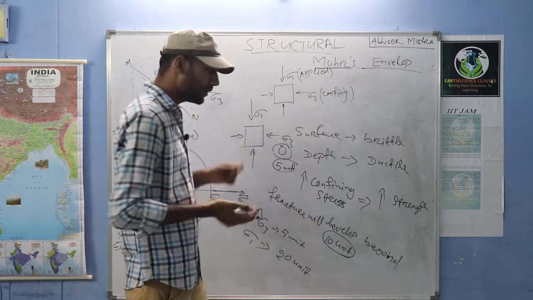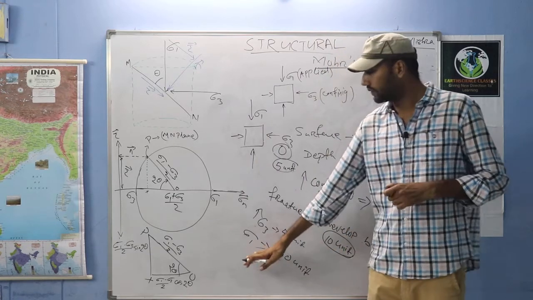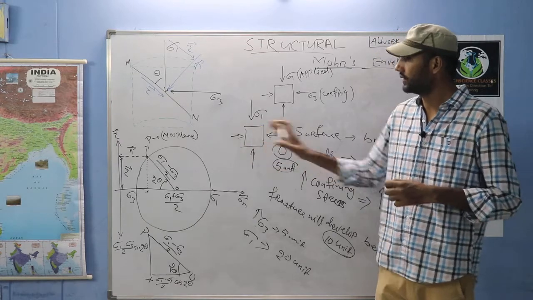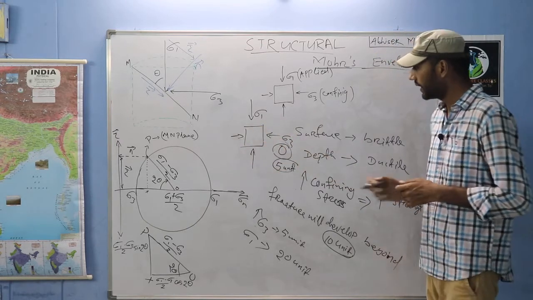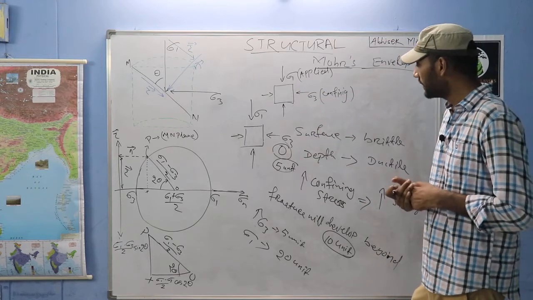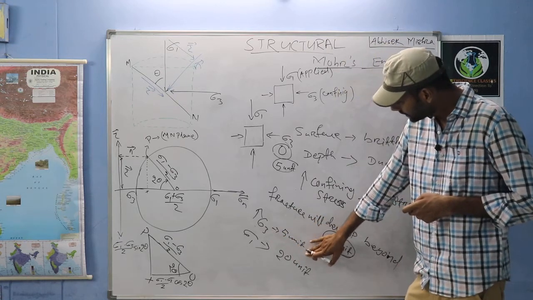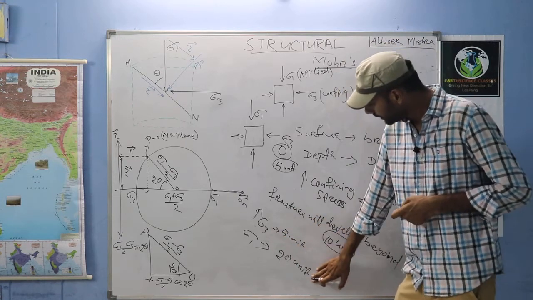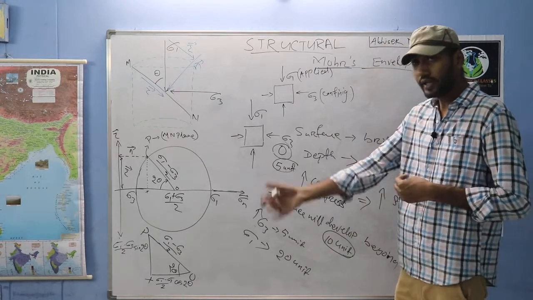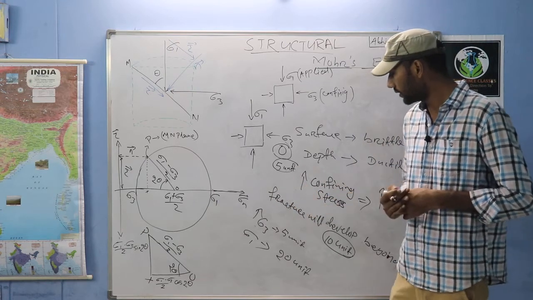Okay, with a small increase in sigma 3 I am finding a higher amount of sigma 1 to make a rupture or to make a fracture in the material, right? As I have told you, with increase in confining stress the strength of the material increases rapidly, right? So in this case at 5 unit confining stress, 20 unit is the strength of the material. 20 unit is the strength means beyond 20 unit the material will rupture.